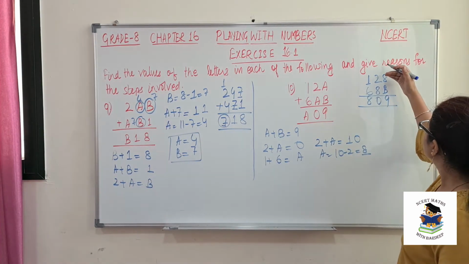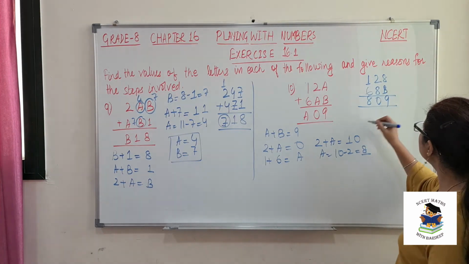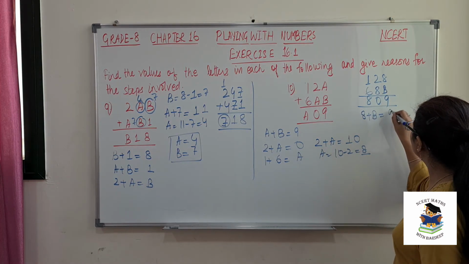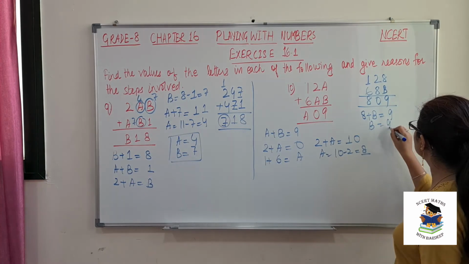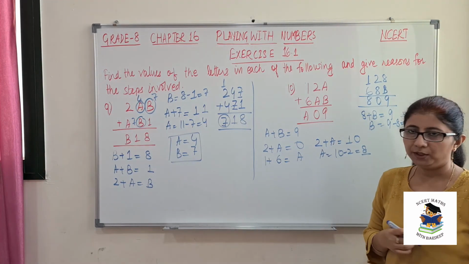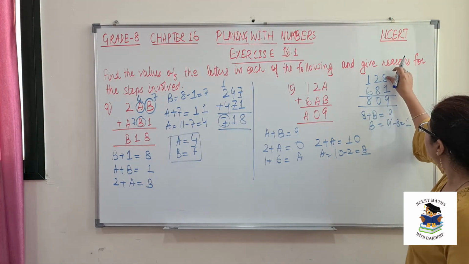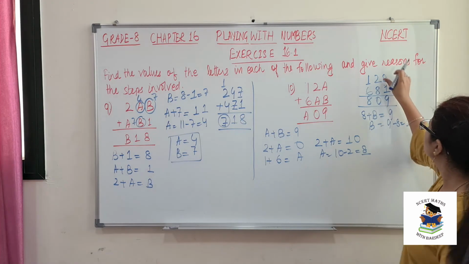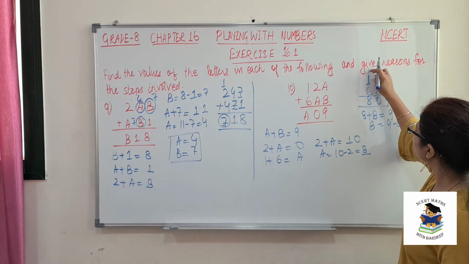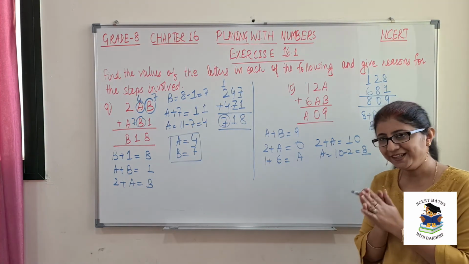So now let's see. Something should be added with B to get 9. That is, here also 8 plus B is equal to 9. Then what is B? This is 9 minus 8 as 1. So this means B can be equal to 1. If I put this 1 here, so let's see. 8 plus 1 is 9. 2 plus 8 is 10. So 1 is carry. 1 plus 1 is 2. 2 plus 6 is 8. So this means our values are correct.